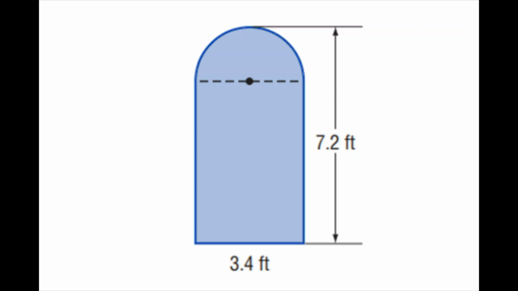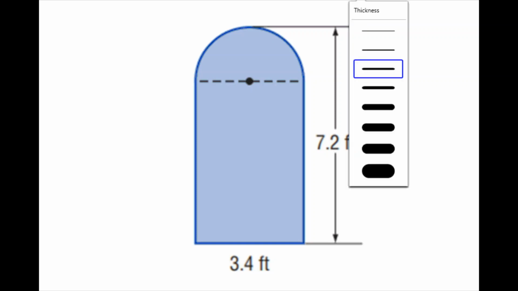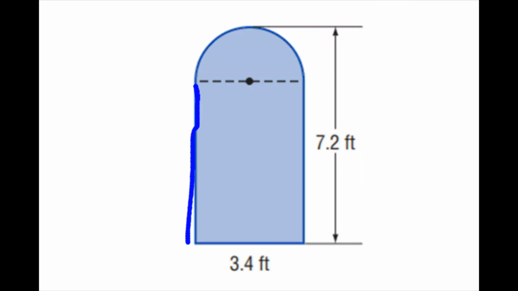Alright, so I'm trying to find the distance around that rectangle put together with this half circle. So 7.2 is a little bit tricky there. That's actually telling us the entire distance going straight from the bottom all the way to the top. So that's this